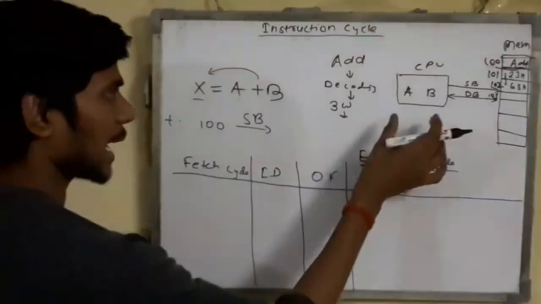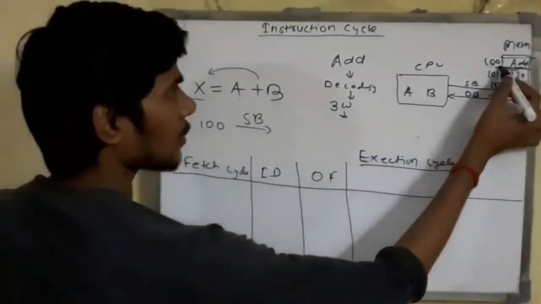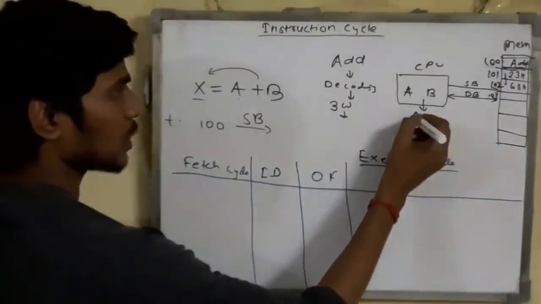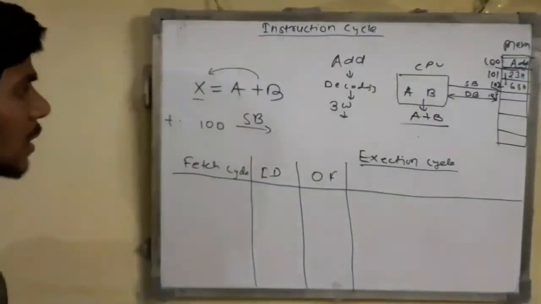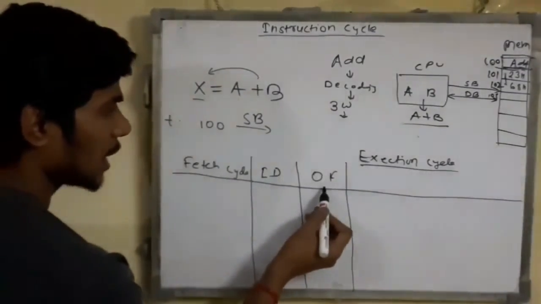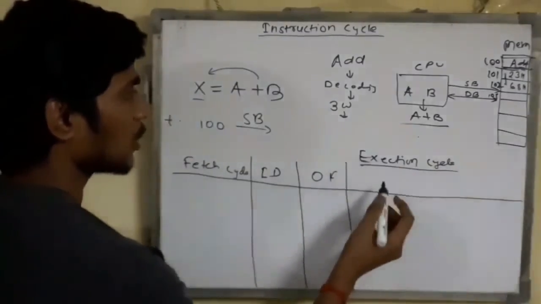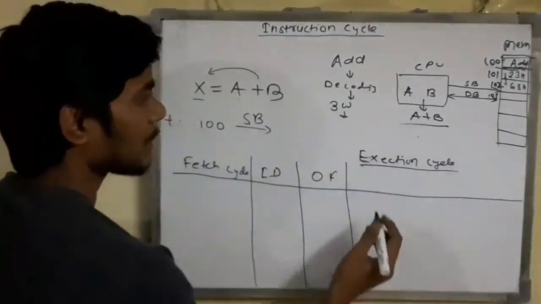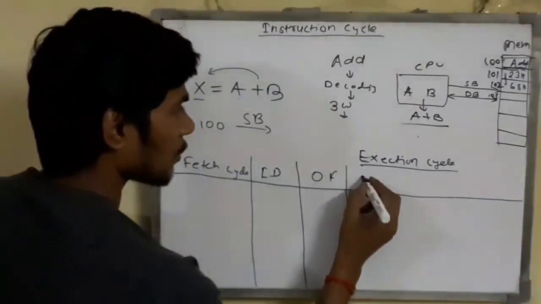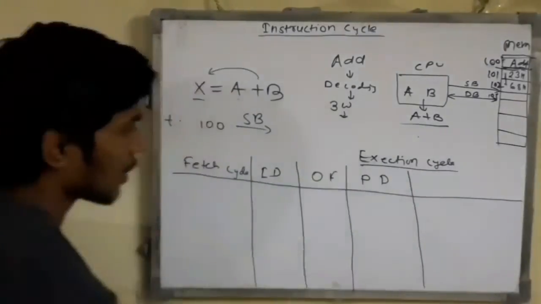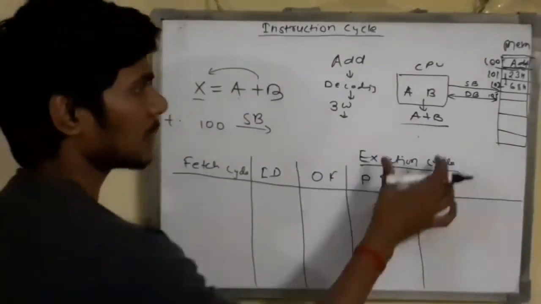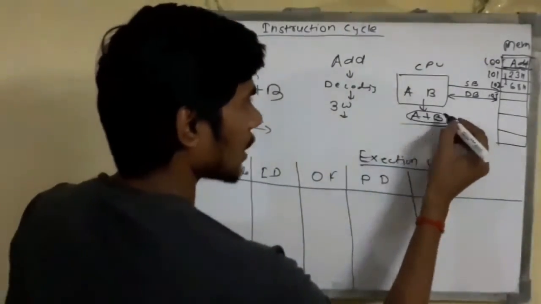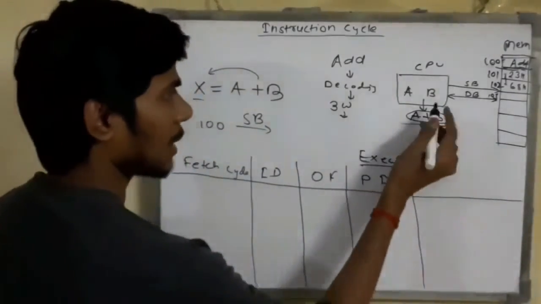So the next thing is we have to perform the operation of this type. Whatever the instruction says, here it says addition, so it will do A plus B. After instruction decoding and operand fetch, we process the data, meaning we perform the operation for whatever type of instruction we have been given. So process data. Under this step, we have performed the operation on the operands. Now we have A plus B available in the temporary register within the CPU.